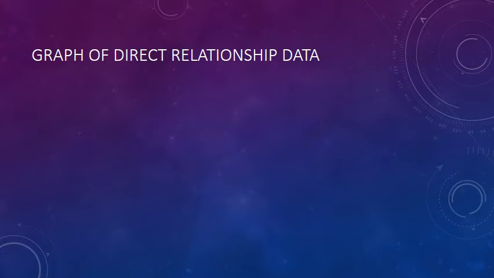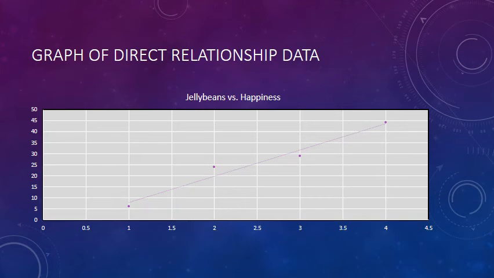So instead of connecting the dots in a data set, I prefer that when you make a graph of any data in this class, you use what's called a best fit line, or a trend line. And that trend line is a line that you draw through the center of the data points. You're not trying to pass through the data points, you're just trying to represent the overall trend that you see in your data. Now that trend line is much more accurate than connecting the dots, and it allows you to